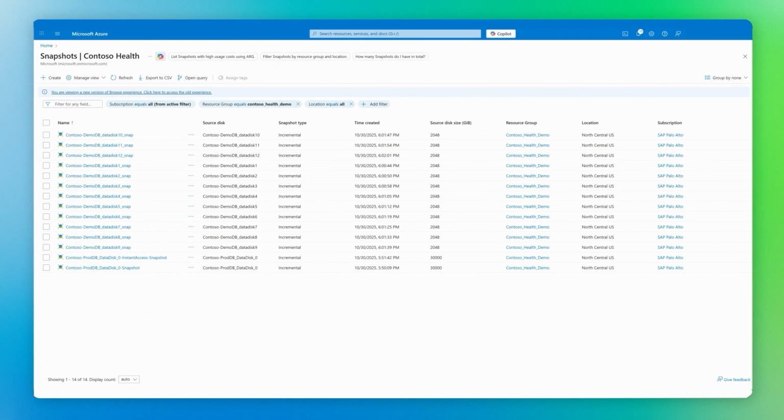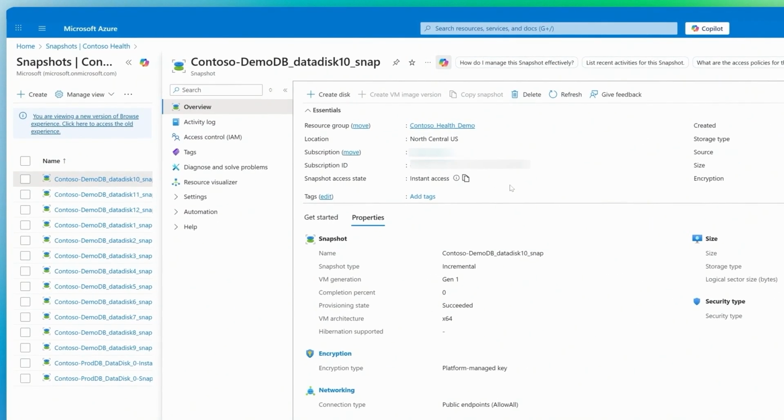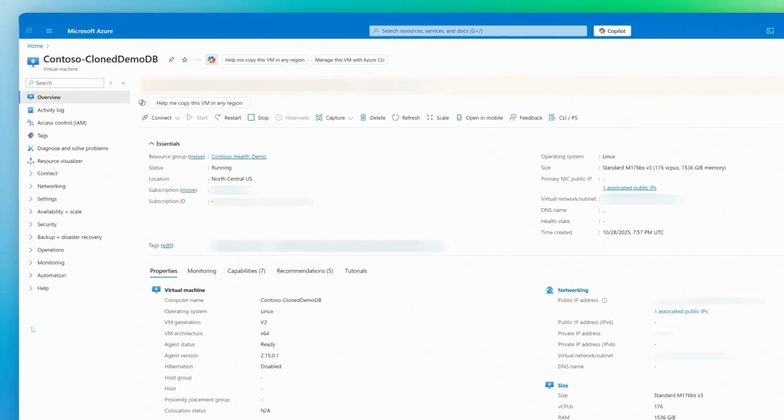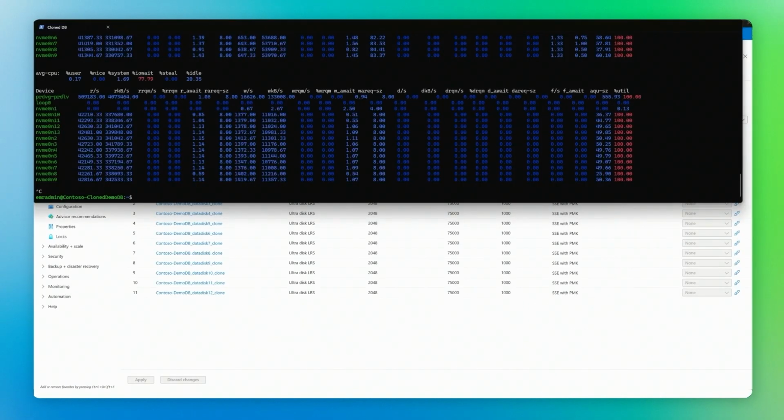Here's the list of snapshots from the production VM. Notice that the access state is set to instant access. In the background, I've started a script to create disks from these instant access snapshots. And as we switch back to Clone Demo DB, you can see that the disks have been created from those